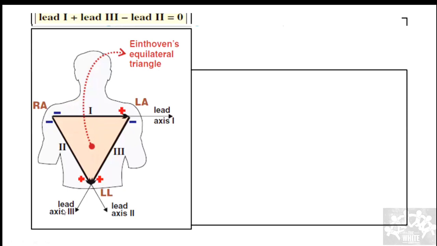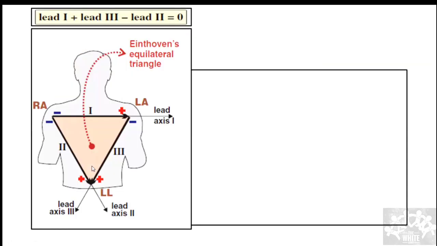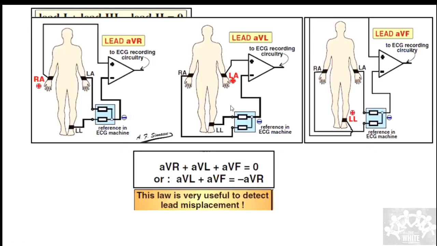So this is going to be the direction in which it is going to be there. This will be in this direction. These two are going to see in this direction. Remember this always. This is very important. So this brings us to one concept, wherein lead 1 and lead 3 together will be equal to lead 2. This is Einthoven's law. If you don't remember, it's okay: 1 plus 3 is equal to 2. That is Einthoven's law.